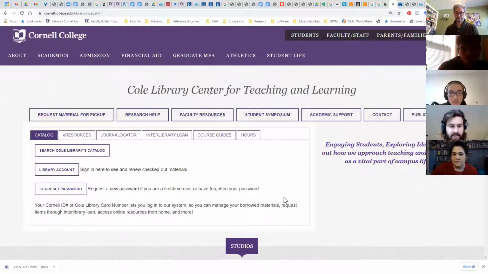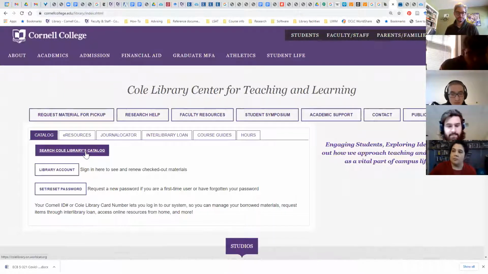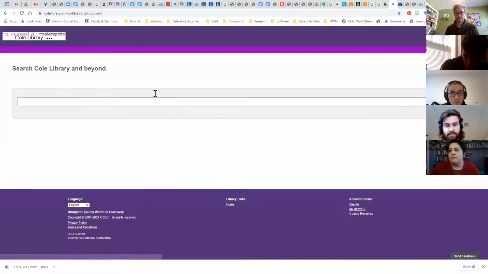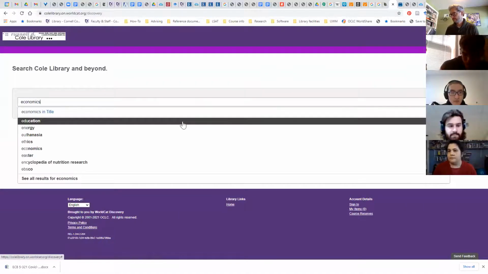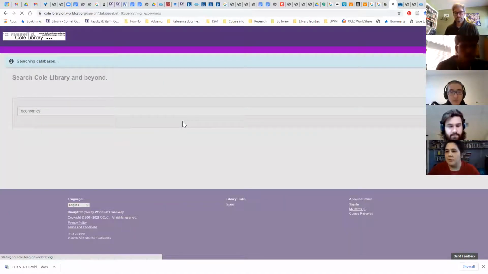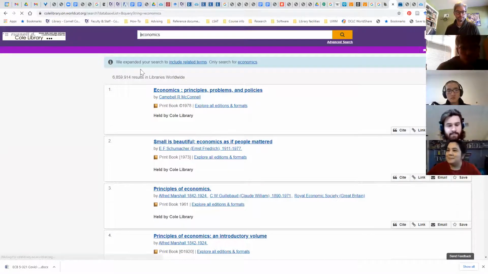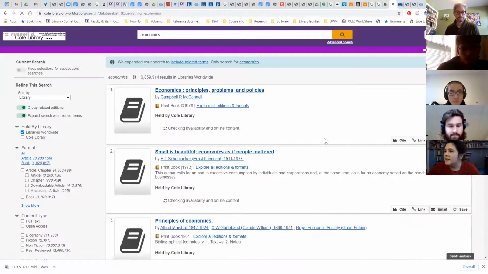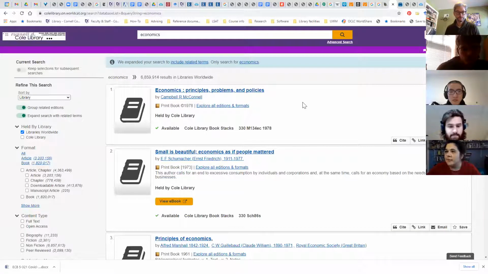The catalog? Yeah, so the library's catalog is where you can find all of the books. Now this is actually not just our catalog. I'm just going to type in something super broad. It used to be branded really obviously, but it isn't at the moment.